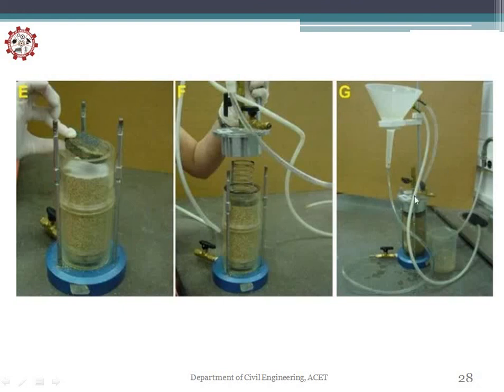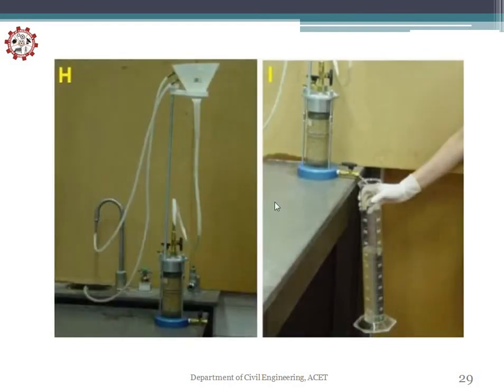After pouring the water, the water will pass from the upper side through the soil and collect in this container. How much time it takes, you have to note down. So this is how it is done. This is the funnel attached to the tap or overhead tank, water is passed through it, and then from here the water is collected in a measuring jar. That is your final height H2 and this is your final time T2.